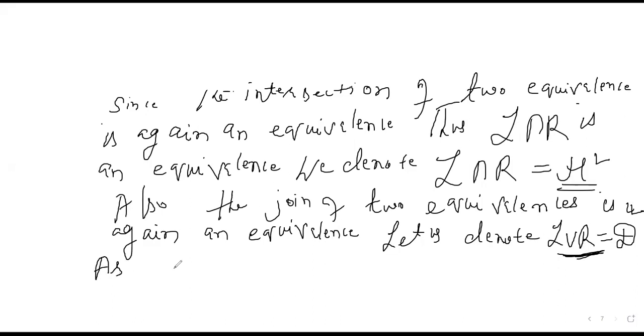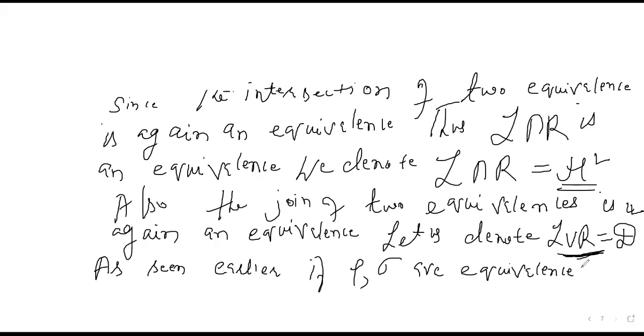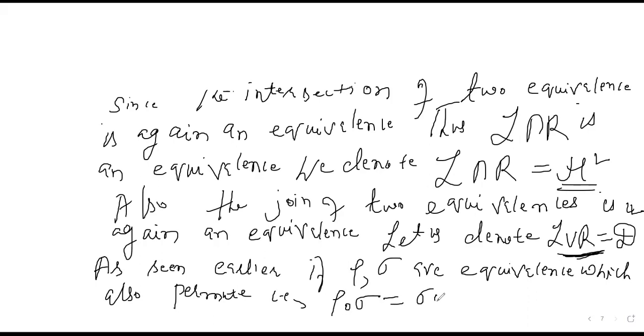So as seen earlier, if rho and sigma are equivalences which also permute, permute means rho composition sigma is the same as sigma composition rho, then this join is easy to handle. In that case, rho join sigma